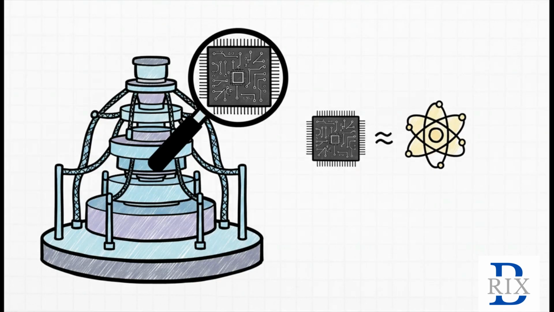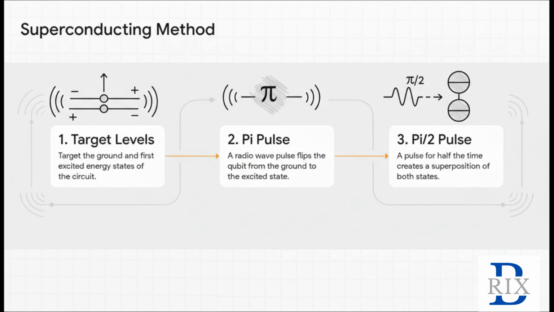But most of the quantum computers you see in pictures, the ones that look like these crazy golden chandeliers, use a different method. They actually build their qubits out of tiny, custom-made electrical circuits that are cooled to near absolute zero. And because they have distinct energy levels just like real atoms, we often call them artificial atoms. And what's really amazing is the principle is exactly the same. You target two energy levels, you use a pi pulse, that 180-degree flip, to change the state, and you use a pi over 2 pulse to create a superposition. The only difference is, instead of a laser, we're using very precisely controlled radio waves.